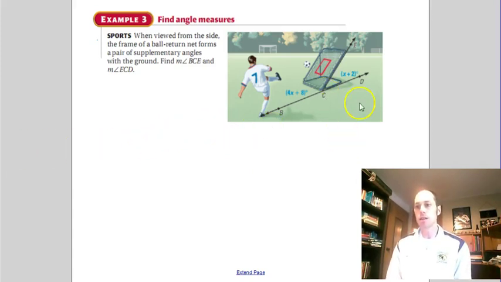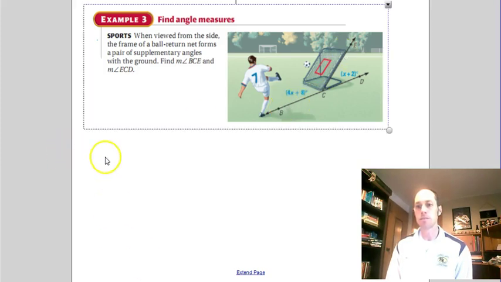So we can do the same thing here when we have an expression. In this case, the ball return net forms a pair of supplementary angles. BCE is supplementary to ECD, which means they equal 180 degrees. So the expression 4x plus 8 and the expression x plus 2 would equal 180 degrees. You can set up that equation and solve it and see what you get for x, and then find the